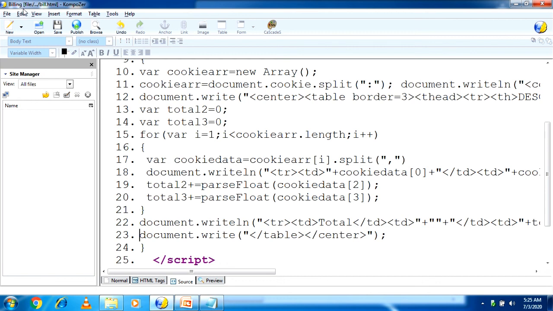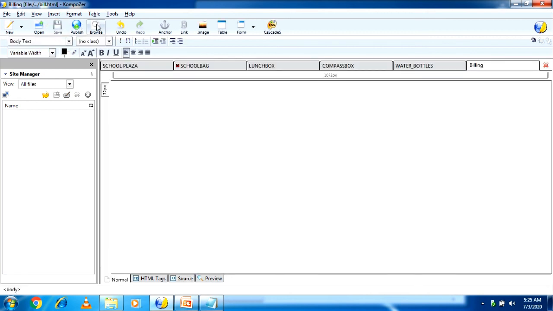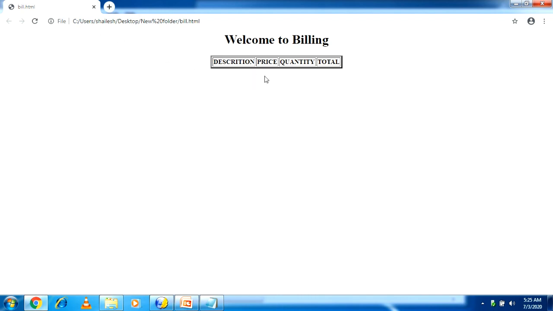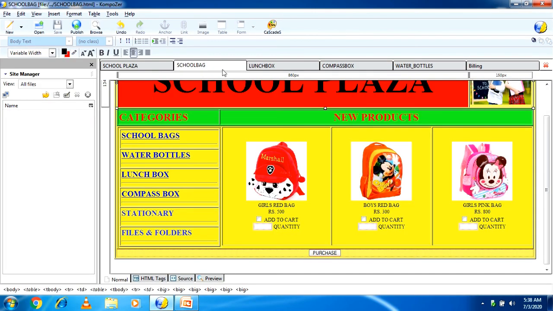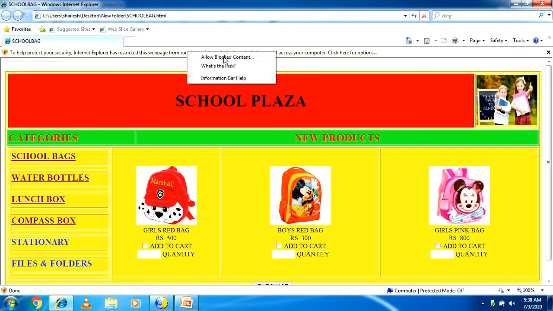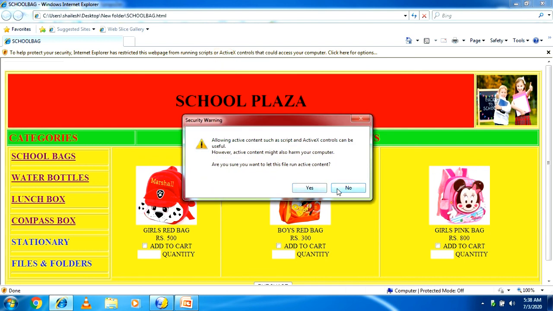Now let's check whether it is working or not. So browse the page. So it's coming like this now. The school bag, browse the page, allow blocked content, yes. Okay, here also one more thing, student: if you browse this page on Internet Explorer, it will ask you a security warning, so you have to say yes.